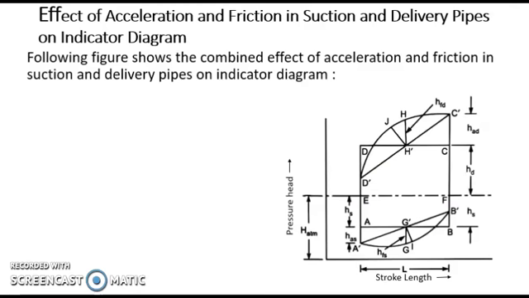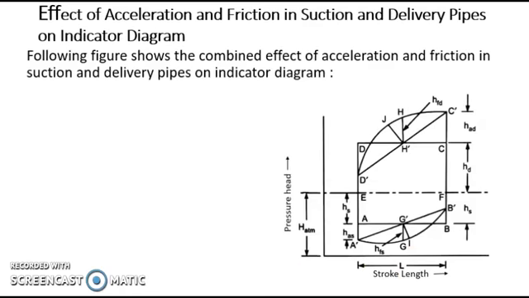So this figure shows the combined effect of acceleration and friction in suction and delivery pipes on an indicator diagram. So let's observe this figure. The line EF represents the atmospheric pressure head. Pressure head in the cylinder at the beginning of the suction stroke is HS plus HAS below the atmospheric pressure head. Pressure head in the cylinder at the middle of the suction stroke is HS plus HFS below the atmospheric